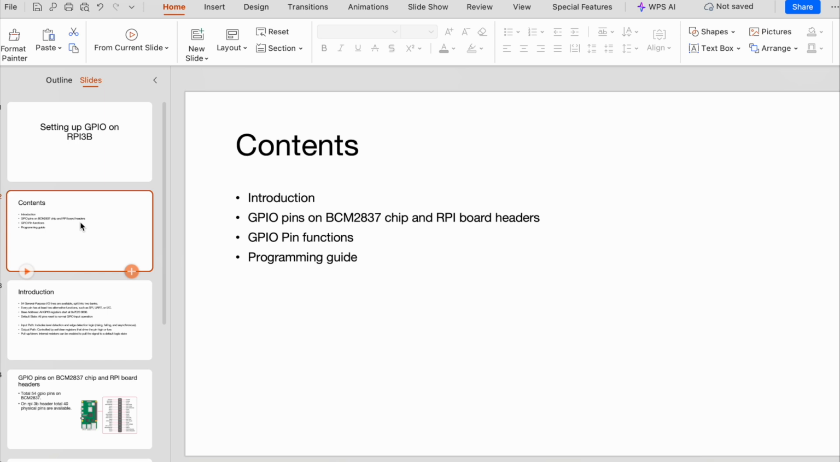I have prepared some slides, and I will also go through the Broadcom 2837 chip. This Broadcom 2837 chip is used in the RPI 3B to develop that board. I will show you the datasheet of this 2837 also, and we will see how to set GPIO pin functions, and what functions are required to basically enable a GPIO pin. I have downloaded that 2837